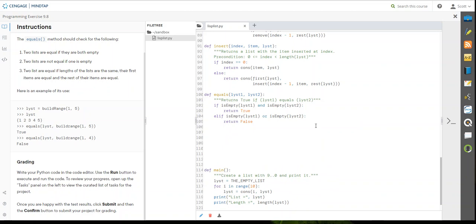And then now if the first position, this one, is equivalent to first position of list 2. So we're just looking at that first node. So if those minor little things, then